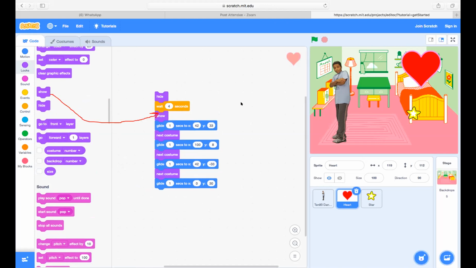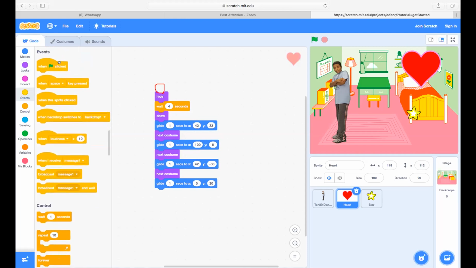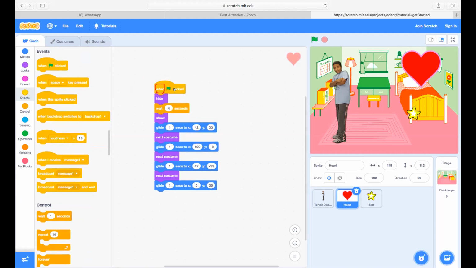Yes. So what we are saying, when this program starts, put a green flag over here. We are coding for the heart. Put a green flag. And then go to control.